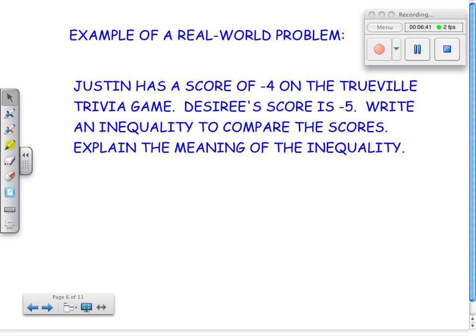Here's a real-world problem that we could look at. Justin has a score of negative 4 on the Trueville trivia game. Desiree's score is negative 5. Write an inequality to compare the scores, and then explain the meaning of the inequality. Okay, so Justin's score, right, is negative 4, and Desiree's